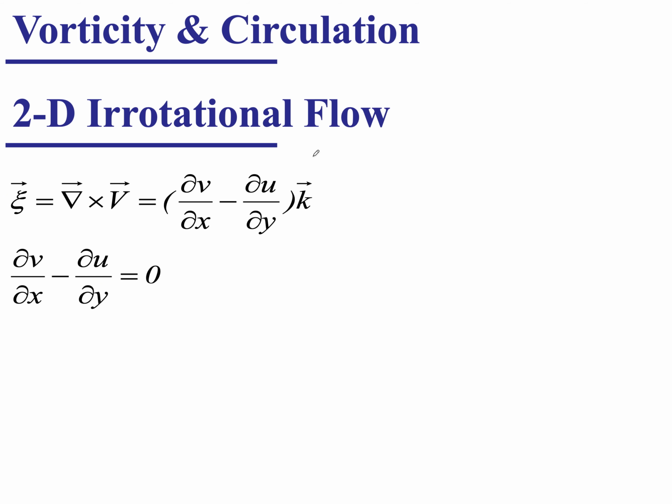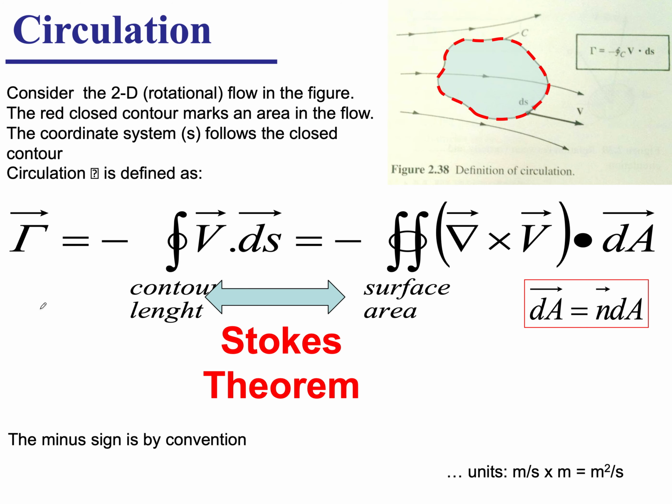And here's your vorticity in 2D, so it's just a cleaner form than a previous slide. And if you have an irrotational flow, then dv/dx minus du/dy is equal to 0. Then the other quantity we want, now that we have found what the vorticity is, and imagine